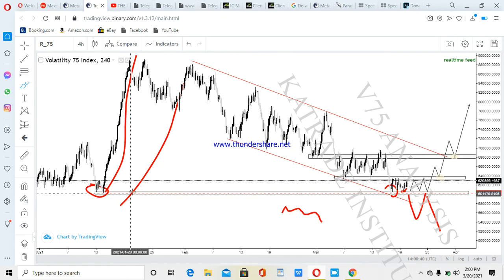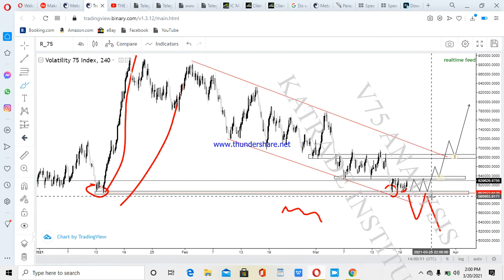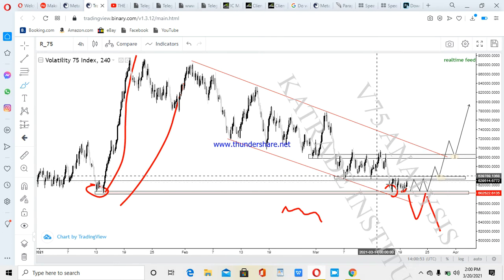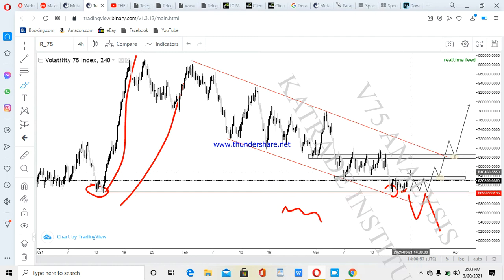And I would advise you to look for a buying opportunity. Why? Because there's a lot of buying sitting here, a lot of buyers sitting around this zone. So price will come back and hit here and continue to the upside. The exact place where you can be safe to buy is if price is able to break out from